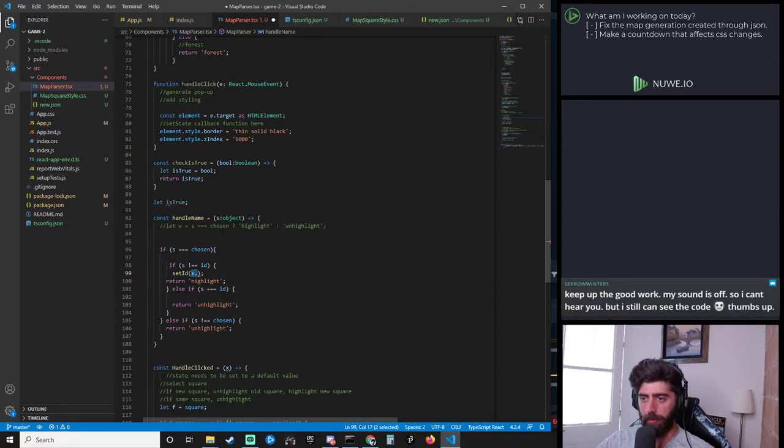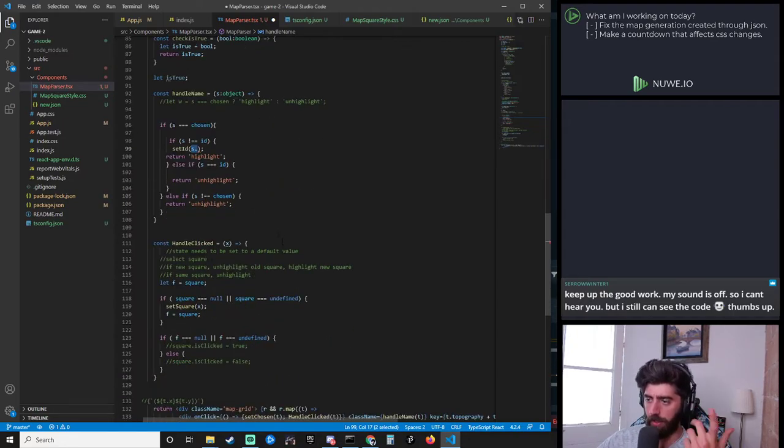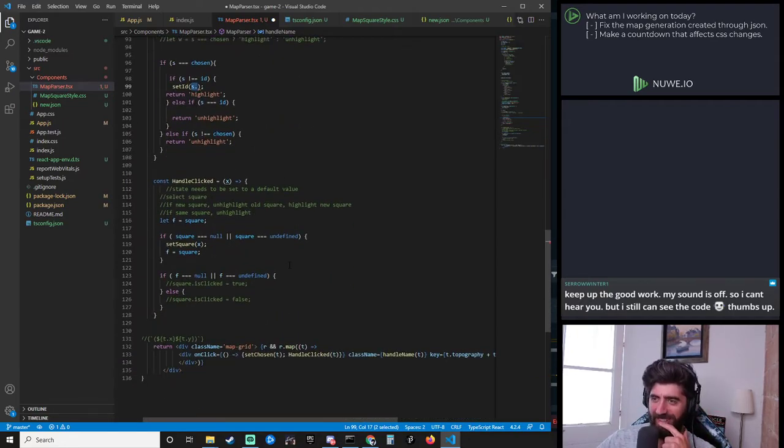Does handle name have a return? Oh no, hold on, we're setting the name here. Well, that's inconvenient. What I was thinking that I would be doing is I would save the class name and then compare that to the class name of the one that we just currently clicked on. And then depending on that, we'll set the class name to whichever we need it to be, but